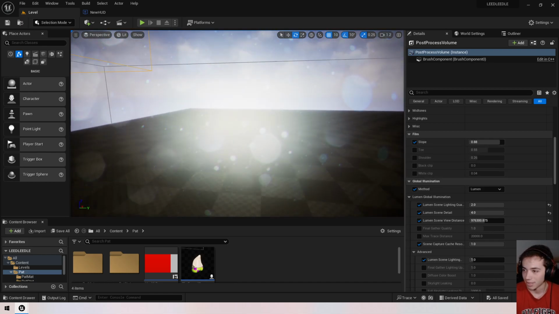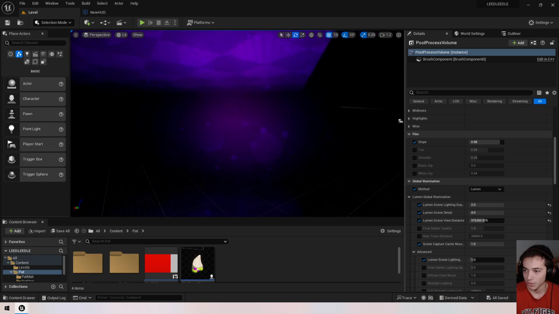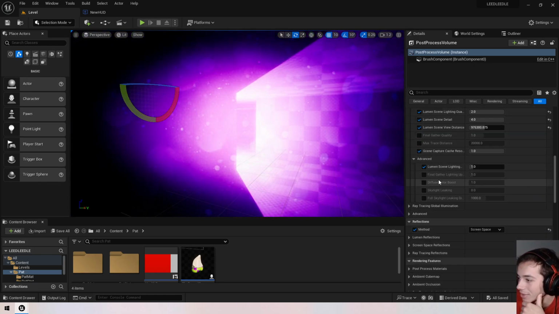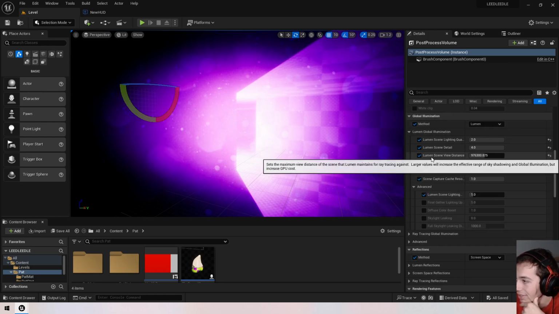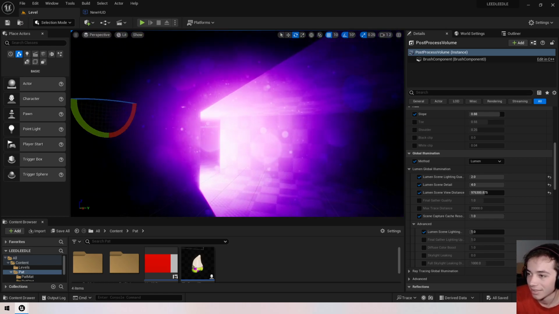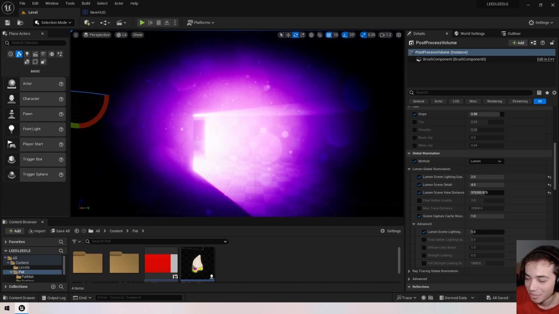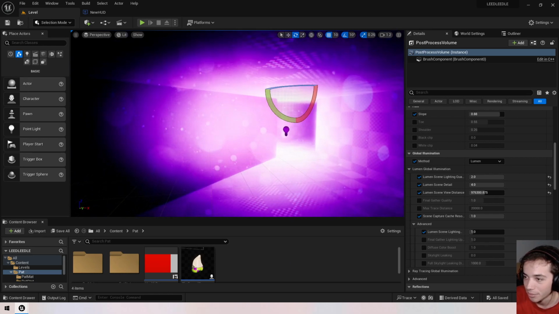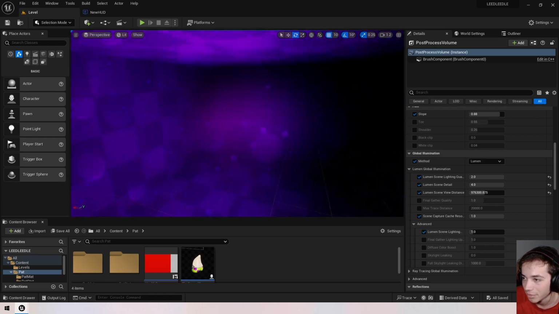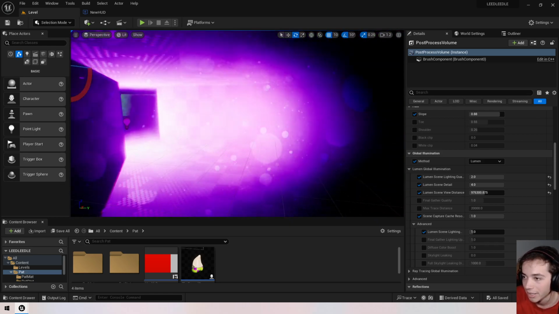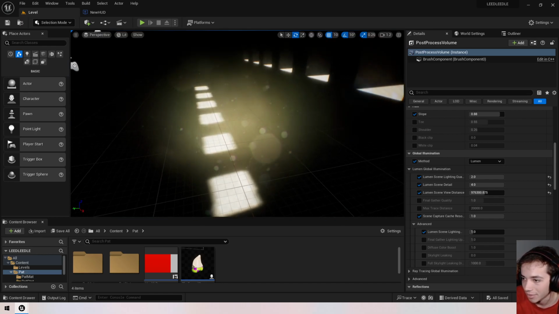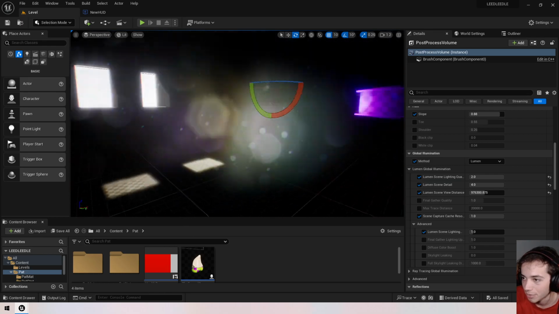A big part of this is the exposure settings. If our exposure setting is turned up in such a way that it doesn't allow itself to get bright enough or dark enough, everything's just going to look super bright. The lighting looks like a club. The reason that it's so contrasty is because it's not simulating bounces. In real life, this light would bounce off of the walls just fine, and it would reflect in and brighten the whole room. Exactly, the sunlight that's coming in here would be enough to brighten this room. So what we